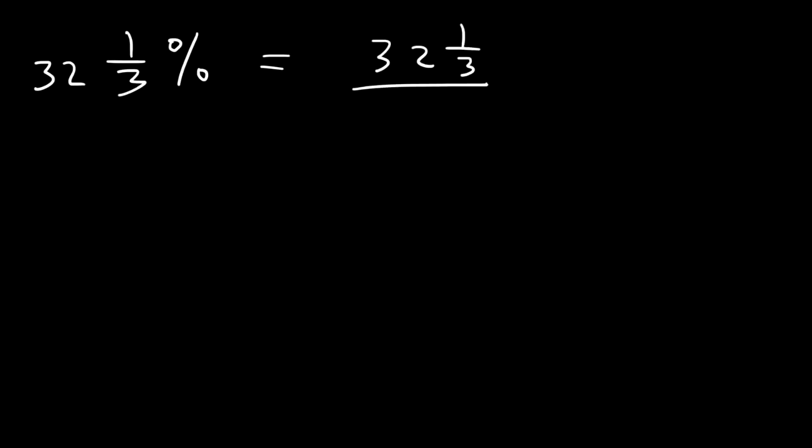Now sometimes you may have a percentage presented to you as a mixed number. For example, 32 and 1/3%. How do you convert that into a fraction? Well, let's start with the same process. Let's take this number and divide it by 100. Now what you want to do is convert the mixed number into an improper fraction. To do that,